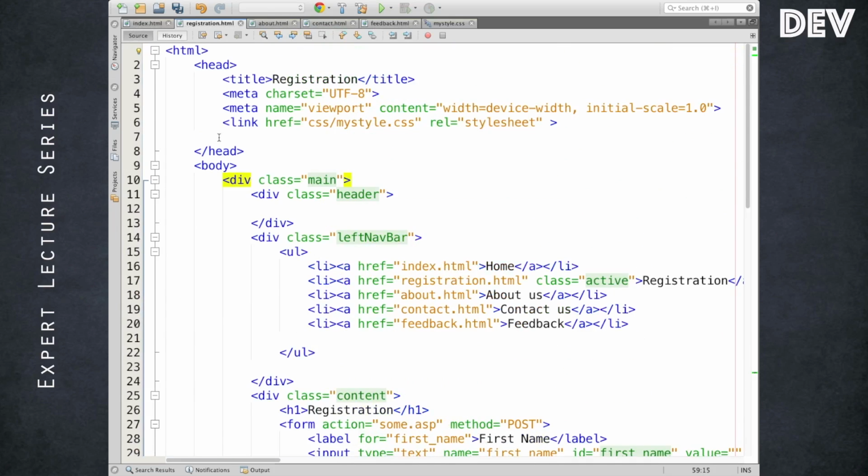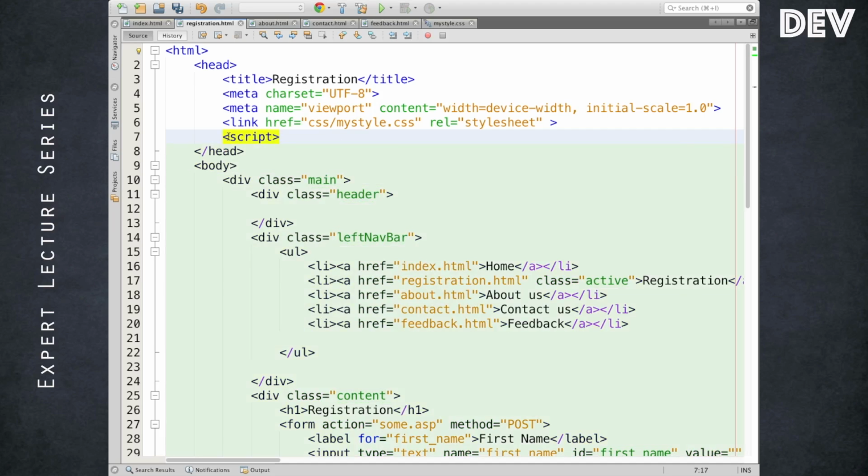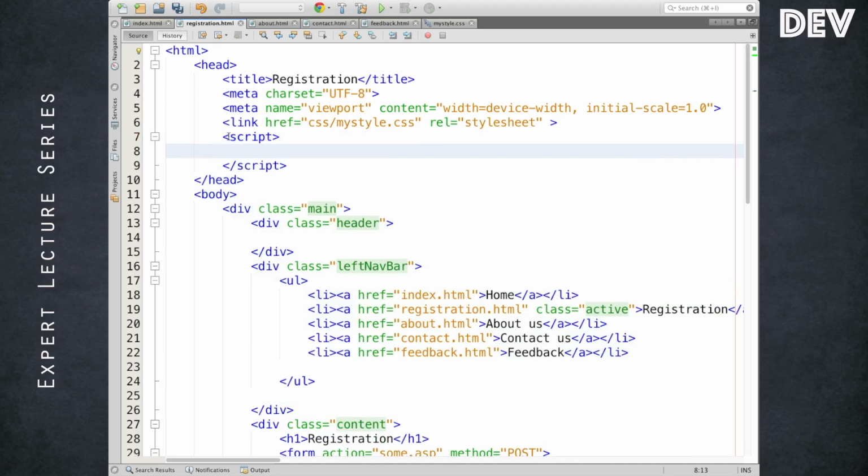So assuming this is a script block, whatever you write inside becomes JavaScript. So you can write your JavaScript code straight away anywhere. In fact, this script block could be anywhere, but I've kept it in the head tag or under the head element. Previously it was required prior to HTML5. Now it is not required. A script tag is going to host your JavaScript code.